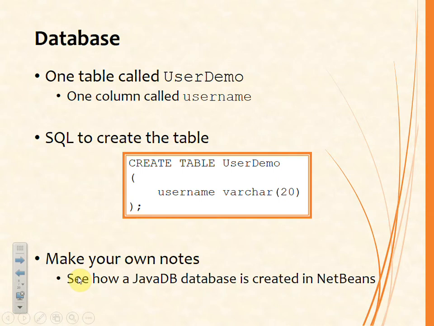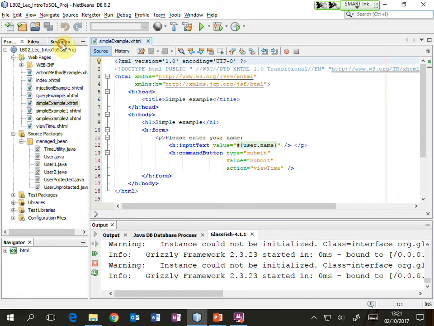So let's do that. To create an SQL table, we would need something like this. Create table user demo, and then in brackets, the fields. Now those fields, in this case only one, are defined first of all by the field name. That becomes the column in the table, its type and length. And to do that in NetBeans, we would need first to copy that, and then in NetBeans we can go